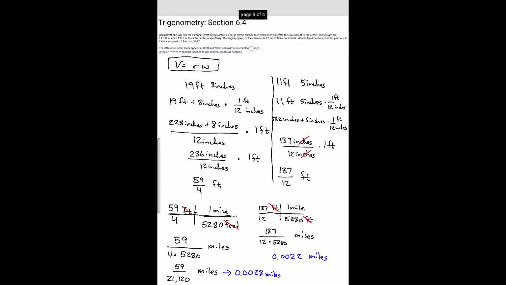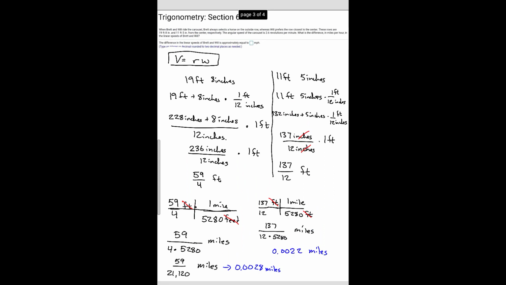Now, the problem gives us an RPM. Let me scroll back up here. The problem gives us 2.6 revolutions per minute. So we need to convert that into radians per hour, because that's how the angular speed problem works. It's only using radians and radians per hour. So to find omega, which is what we're trying to find now, your omega in this case is equal to 2.6 RPMs, or revolutions per minute,